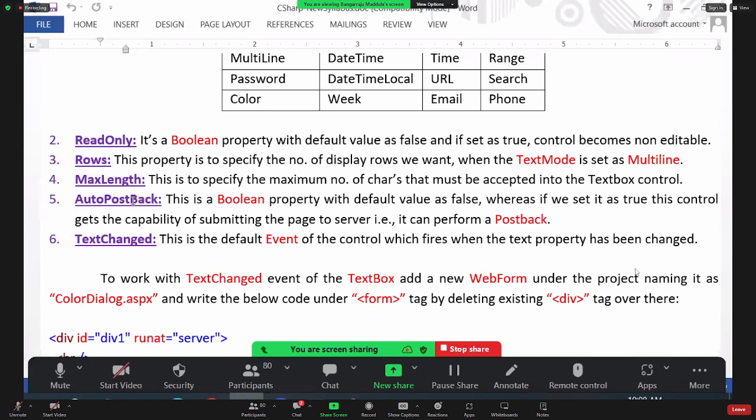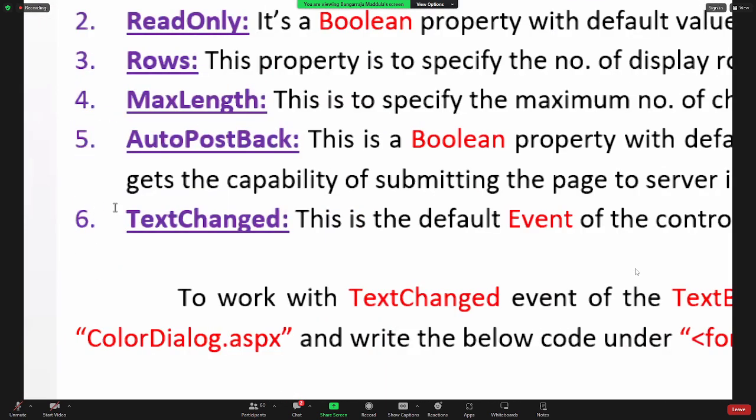Not only button family here, in ASP.NET, what they did is, this capability was given for all controls, but by default only to the button family. Remaining controls are also capable, provided you set this property. It's a Boolean property with a default value false. If I say auto post back true, it will submit the page to server. For a checkbox, if I set auto post back true and I select the checkbox, it will submit the page to server. Same way, text box also will submit the page to server